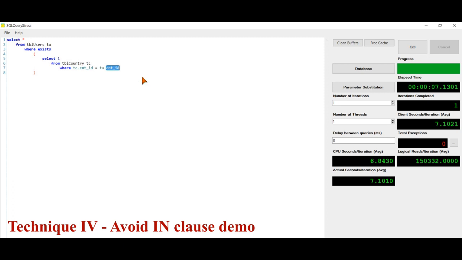So both are doing the same function, but just in one iteration you can see the difference in timing, right? Wherever you see the IN clause, you should replace it with the EXISTS clause.